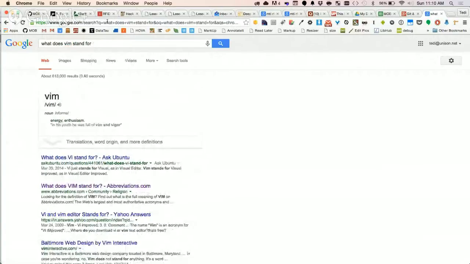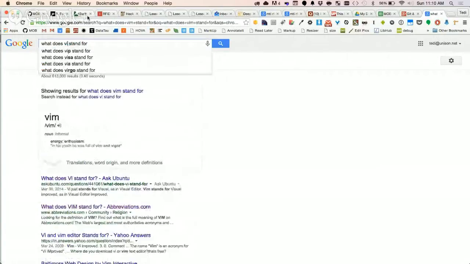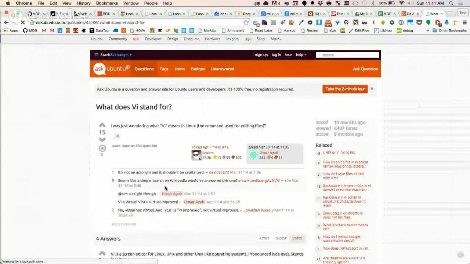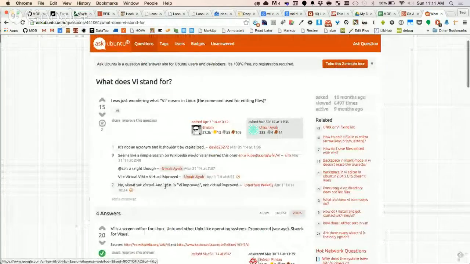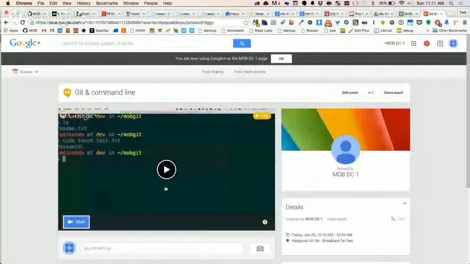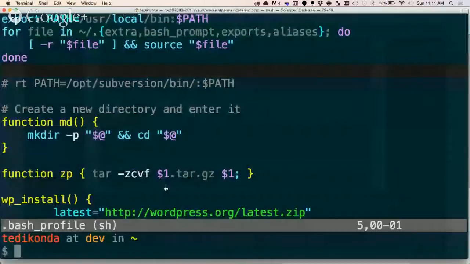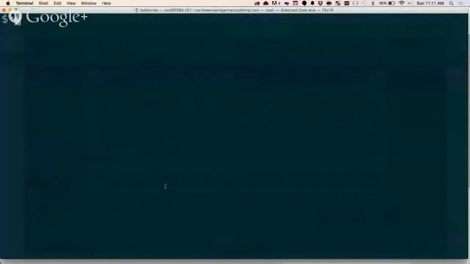Yeah, I don't know. I know the original is vi, the editor for Linux. I don't know if it stands for anything, to be honest. V for visual. Visual improvement. Vi improved. Anyway,